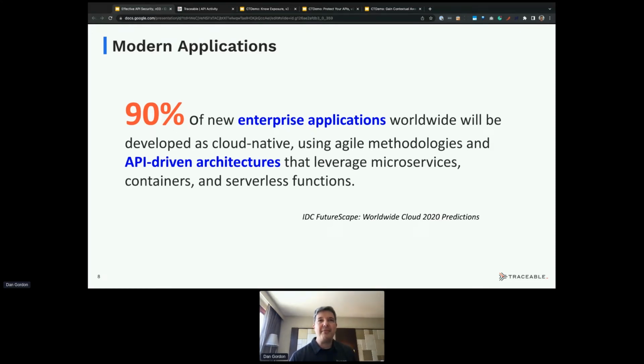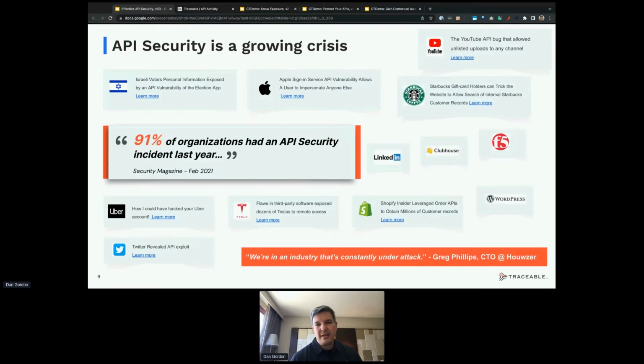And really what's happened here is development teams have adopted APIs faster than our security teams are able to secure them. And that's where the crisis comes from. And there's plenty of evidence in the news over the last several years. Major companies, some small, but lots of major and internet-born companies, have been victims of API breaches or suffered API abuses, API security problems.